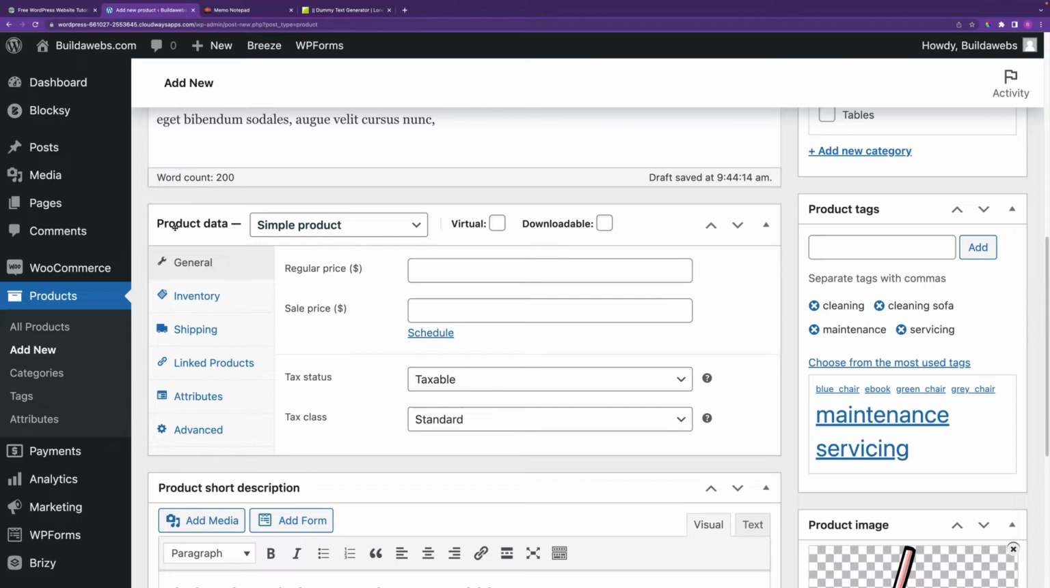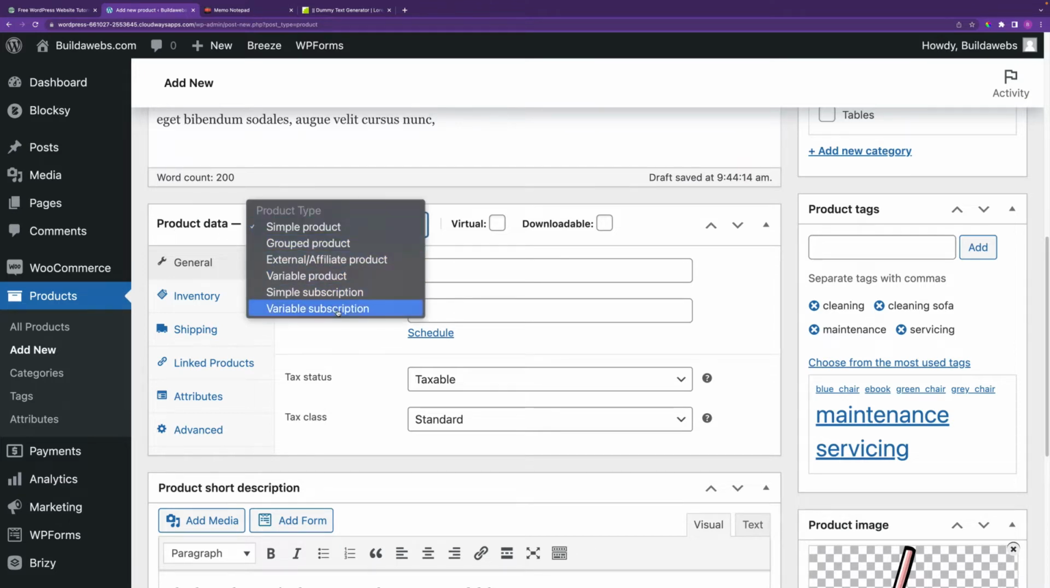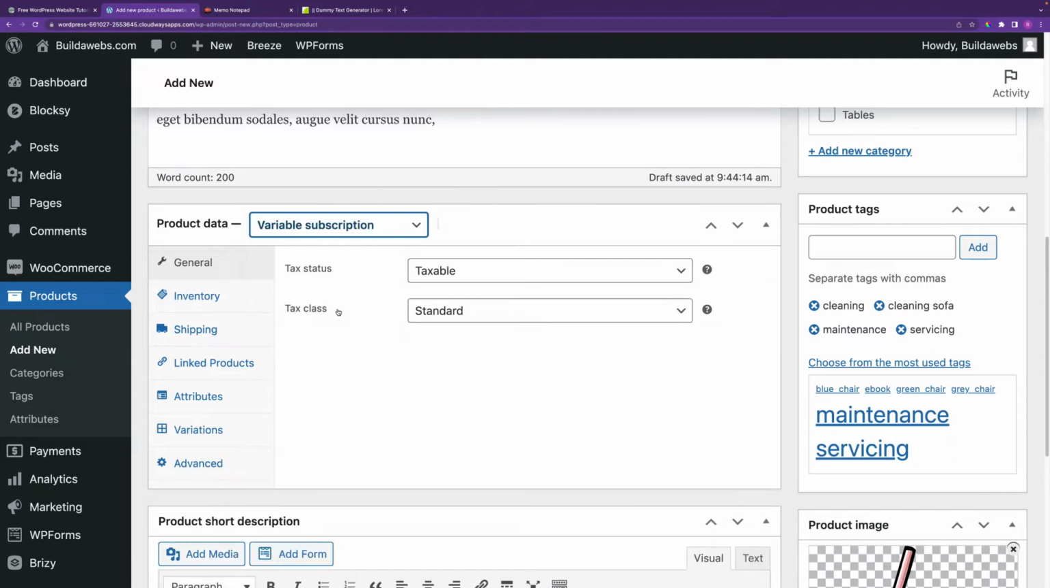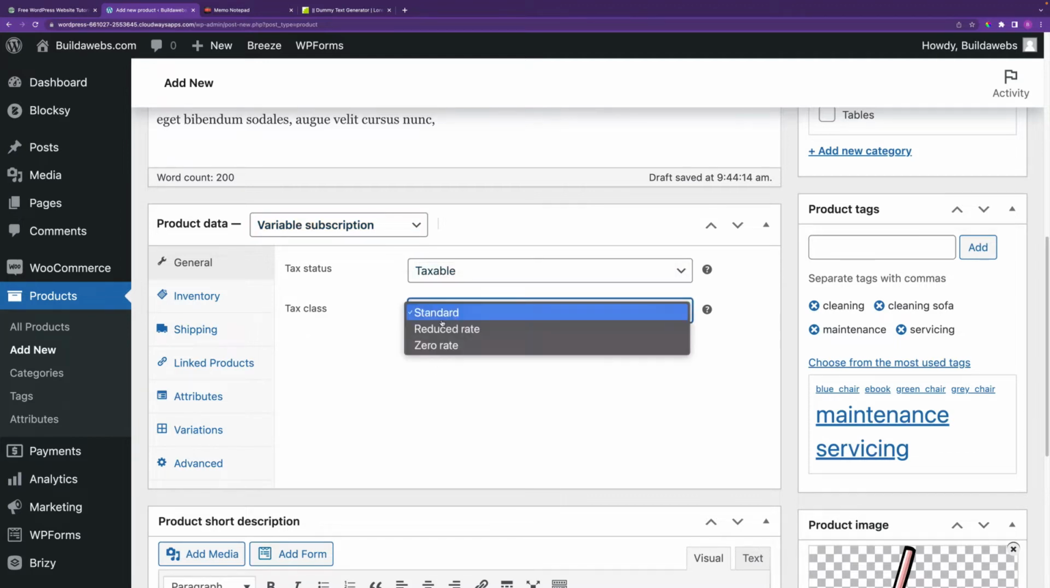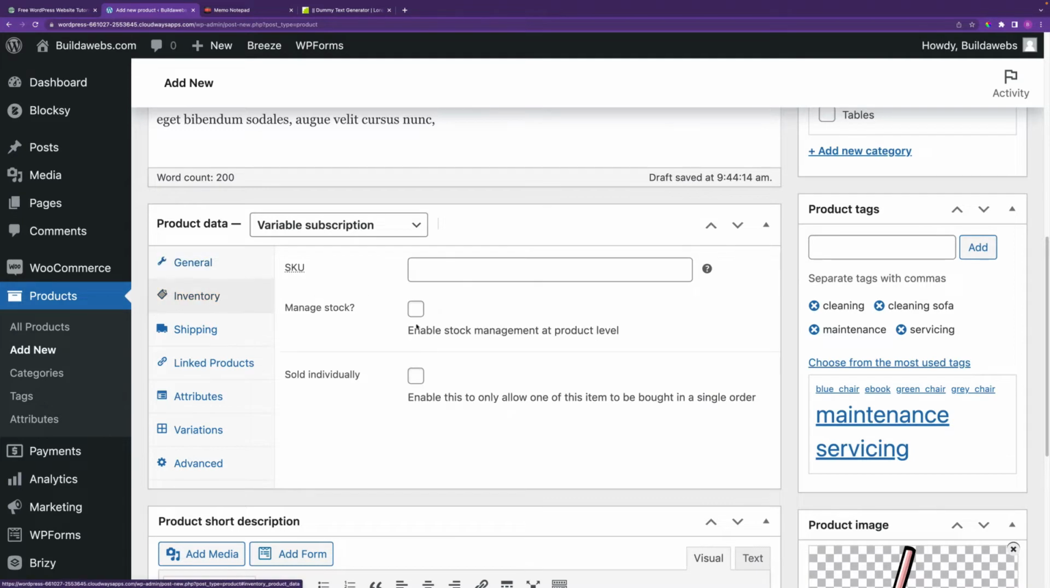The next thing you want to do is head to this product data section, and then you can click on here and choose variable subscription. There's this box here where you can choose whether it's taxable, shipping only taxable or there's none, and you can choose tax classes. I'll cover tax classes in another tutorial, so please subscribe. The next is inventory. Because there's all sorts of different products in this, we'll just do this at product level, so we'll just skip past this section,